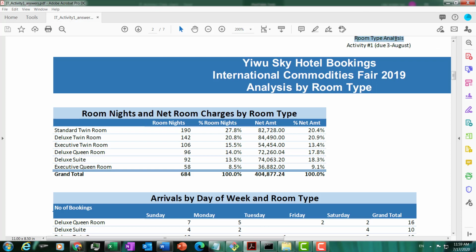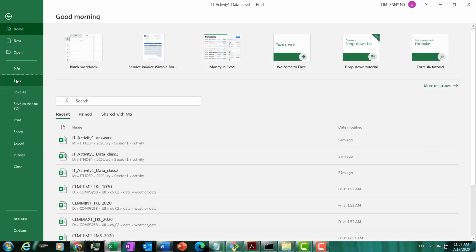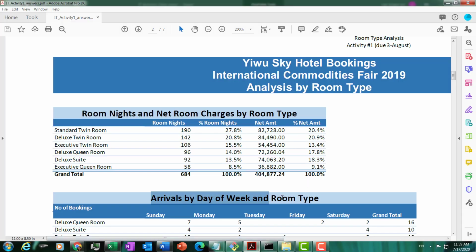When you submit this activity, your sheet name should be the same as what we use in the model answer. To change the name of the sheet, you just double click the name down here, and then type Room Type Analysis. And maybe let's save our work. Okay, so that's our first pivot table report, and next we're going to work on arrivals by day of week and room type,